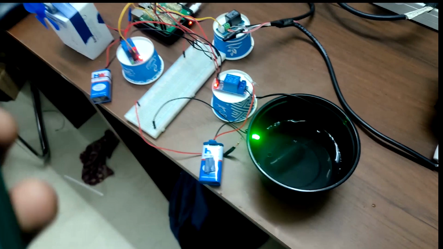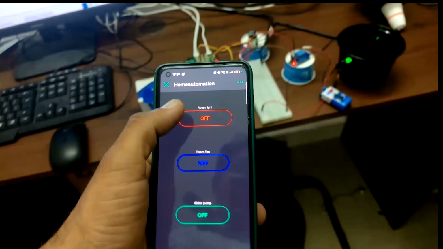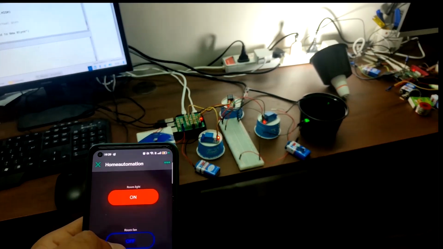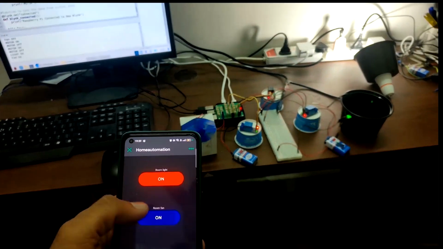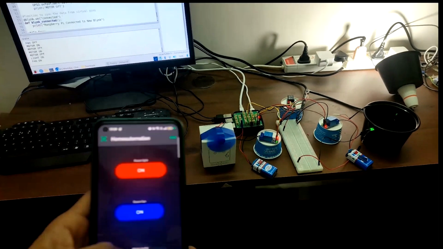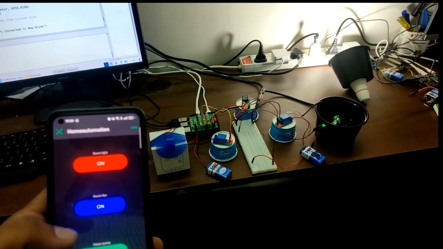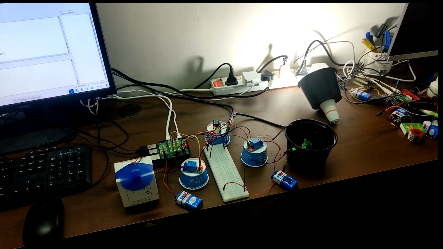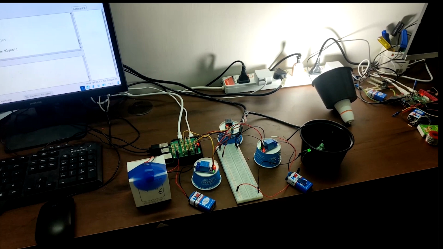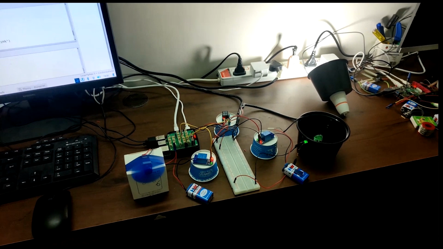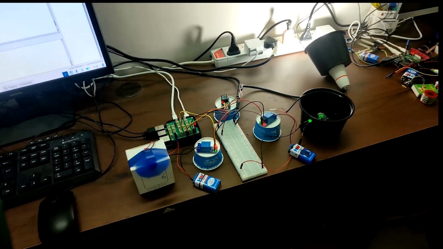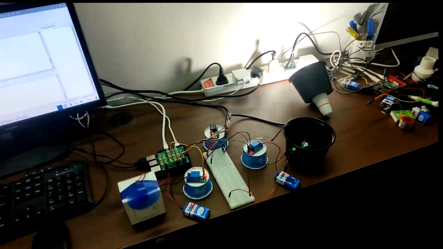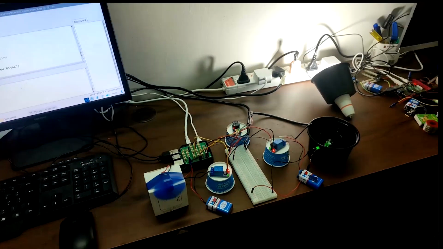Now I simultaneously switch on all the devices. Now the room light is on, and I switch on the fan, and I switch on the water pump. Now I switch off the